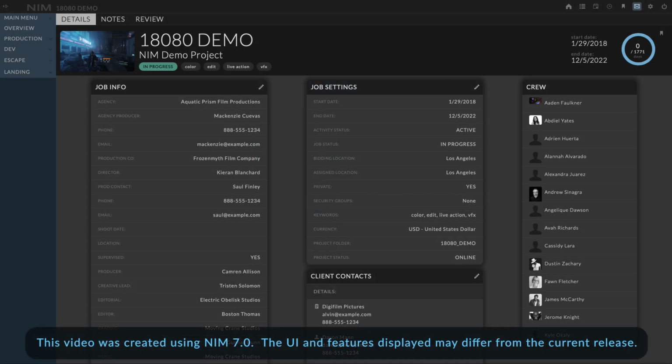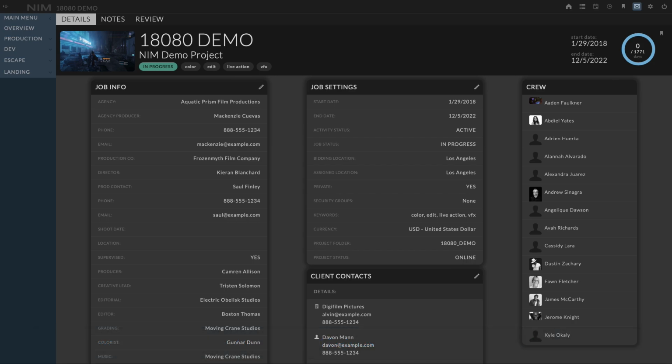In this video, we're going to look at the administration and management of timecards in NIM. Timecards can be managed at the studio level as well as the job level. In this case, we're going to start with the job timecards and then move up to see the view of the studio timecards. So first, we're in a job and we're going to open up the production menu and go